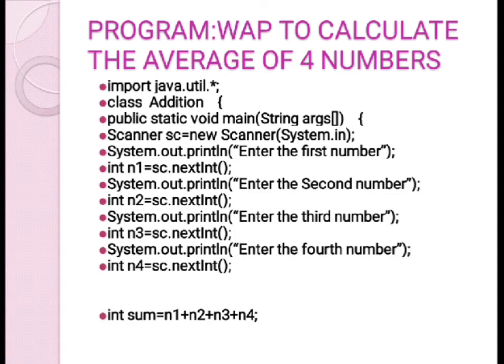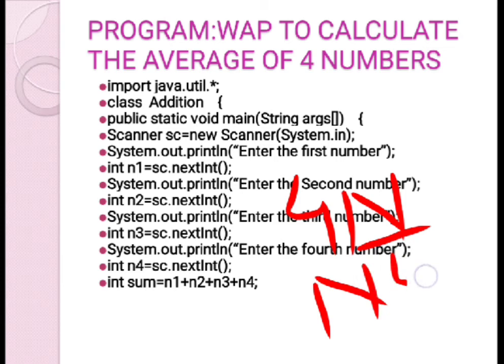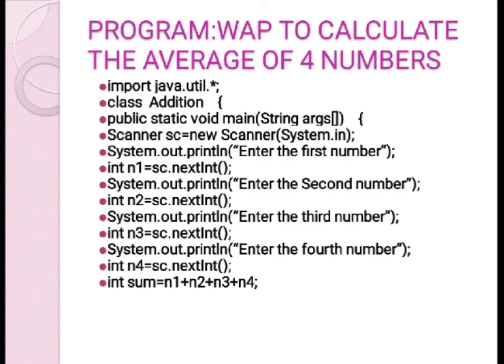Alright, so we are going to take int sum, because all values are integers, so sum will be an integer value. So n1, n2, n3, n4. If you take 4n, that is wrong. A variable name should start with a letter. So n4 will be correct, but 4n will not be correct. Please understand this thing. This is also important because it comes under the variable rules, that is, which variable is valid, which variable is not valid, and why it is not valid. This kind of question is also asked in your examination.